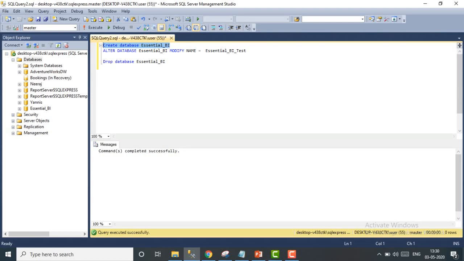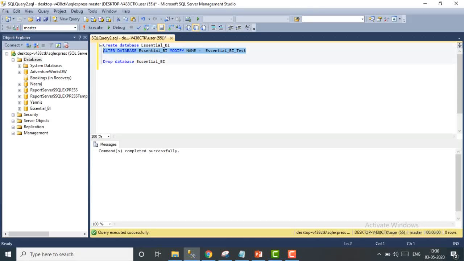If I run this command, it will create a database, the same as we created by the wizard method. So we don't need to go with the wizard method. If you want to create a database by query, you can just write a query, CREATE DATABASE and the database name. One another method is also available.